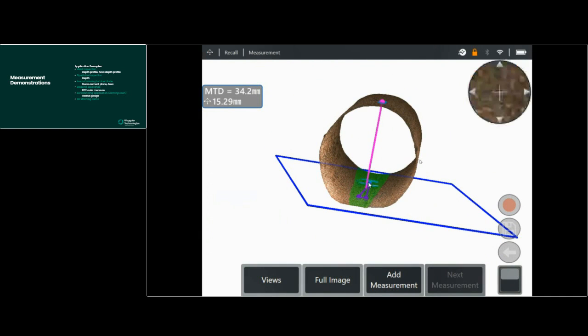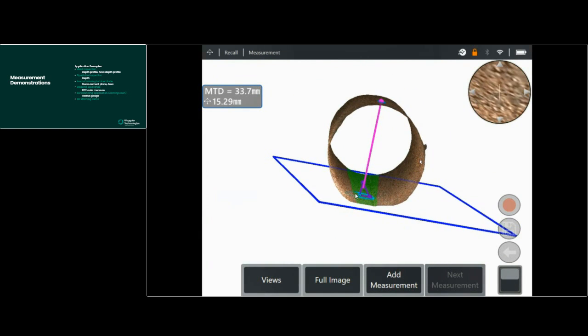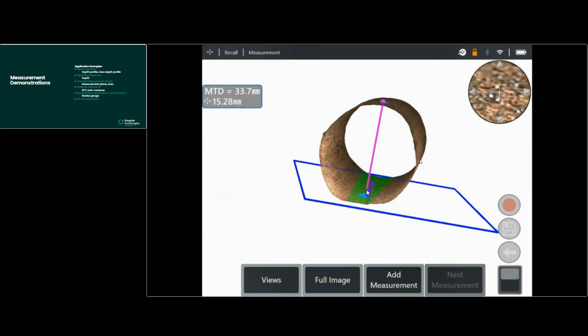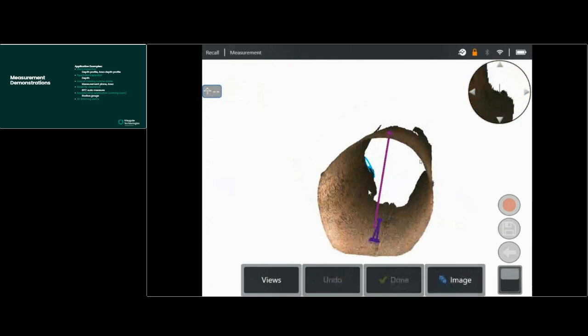So I've intentionally made my reference plane very narrow in order to get a good projection from a narrow position that represents the edge of the tubing here. And the instrument projects 90 degrees perpendicular to that reference plane in order to detect or calculate the inner diameter of this tube. As you were shown earlier, it's easy to select multiple measurements, additional measurements, shall I say, on